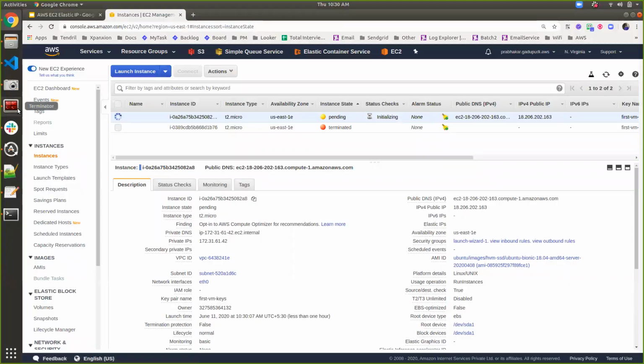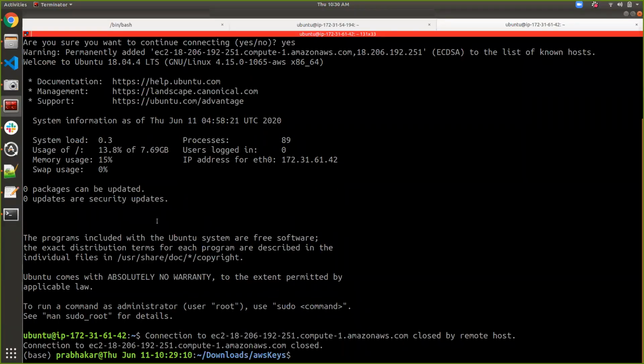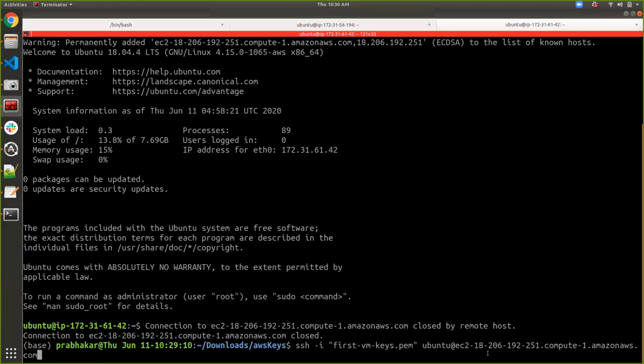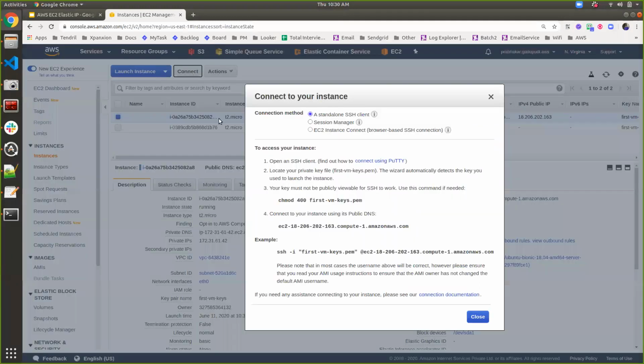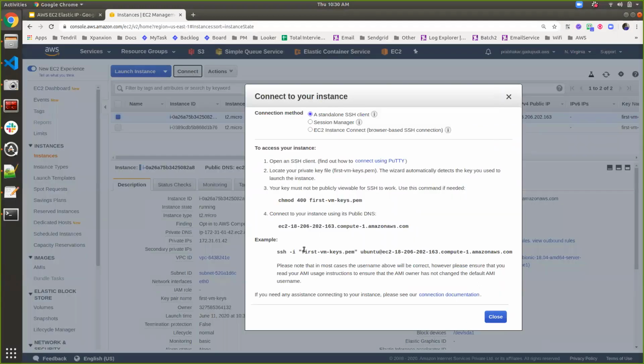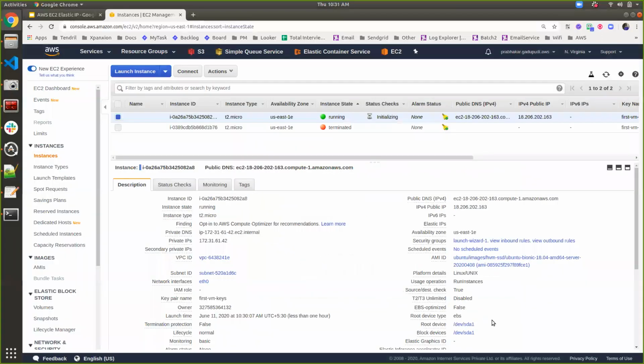Even if I try to access the same instance using the previous connection string, the earlier session is closed automatically by the AWS instance, and it will not allow me to connect to the EC2 instance. I have to go here again and choose another connection string in order to connect to my EC2 instance. This is how the IP address gets changed. So how can we overcome this? By using an Elastic IP.